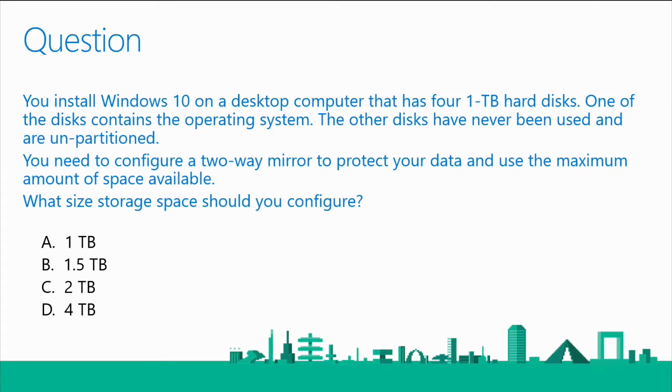Let's take a look at an example question that goes into that in a bit more detail. So this question I've picked out is to do with storage spaces. You install Windows 10 on a desktop computer that has 4 1 terabyte hard drives. One of the drives contains the operating system. The other disks have never been used and they're unpartitioned. Okay. You need to configure a 2-way mirror to protect your data and use the maximum amount